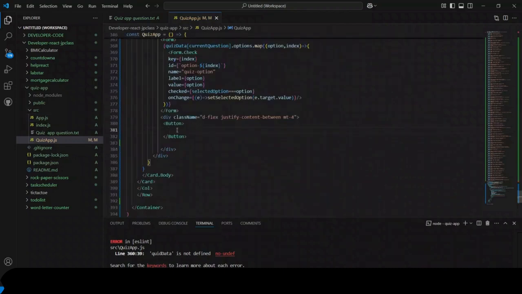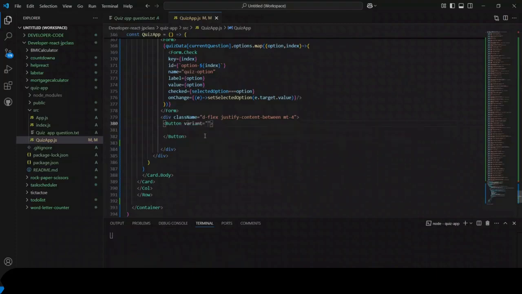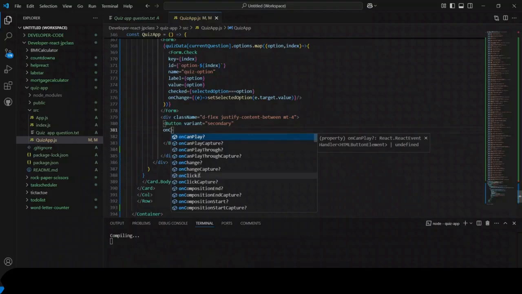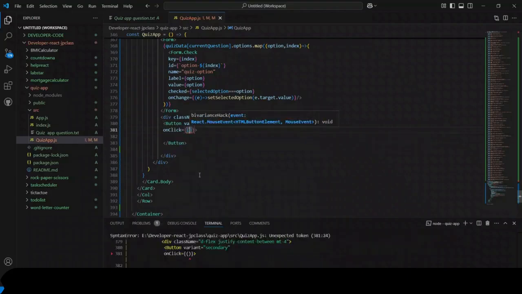First of all, inside this button, variant is secondary, and onClick, inside this onClick arrow function,